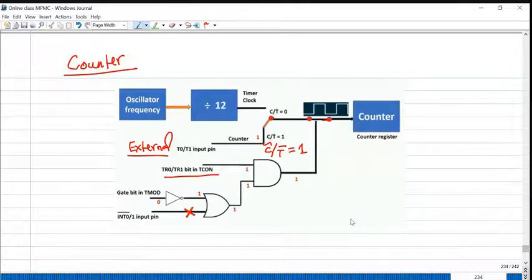Say, for example, if you go to a railway station and stand there and count the number of trains passing in a particular time period, that is counting. Randomly, not at a scheduled time, the train may arrive. But in timer mode, the internal clock pulses reach the timer at periodic time intervals.